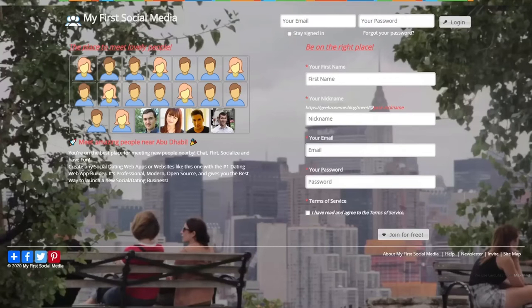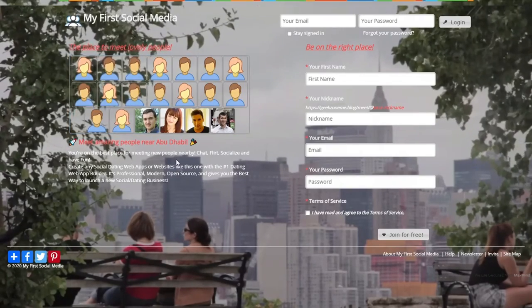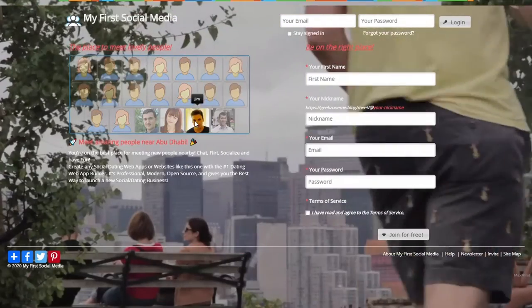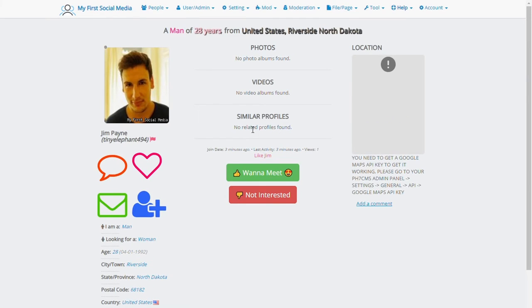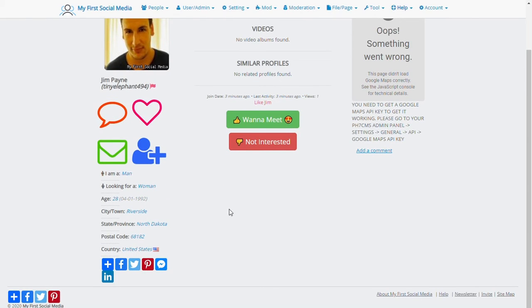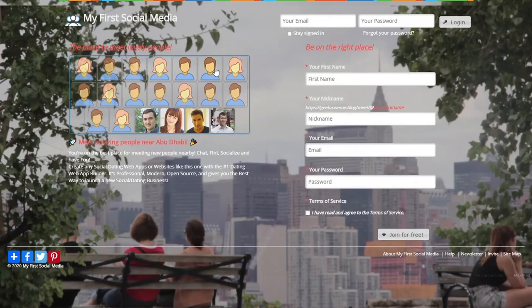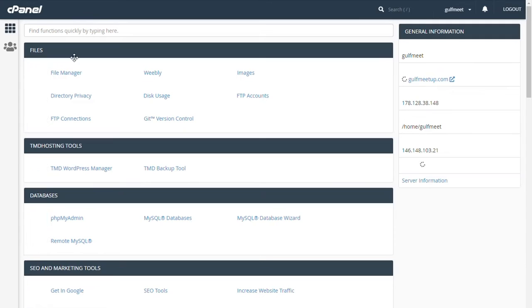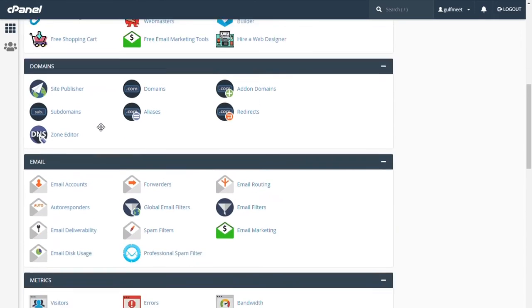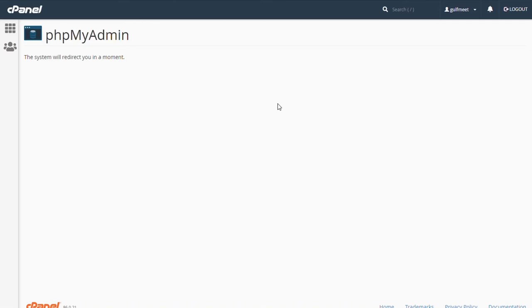So let's say you obviously want to make it more custom, right? So first of all, if you log in, and let's say you click on the profile here, you've got this profile with the country United States, right? And let's say you're in a different country and you want to update it to your own country. So there's a few things we can do, right? So we'll go back to our cPanel, and we'll go to the database management,